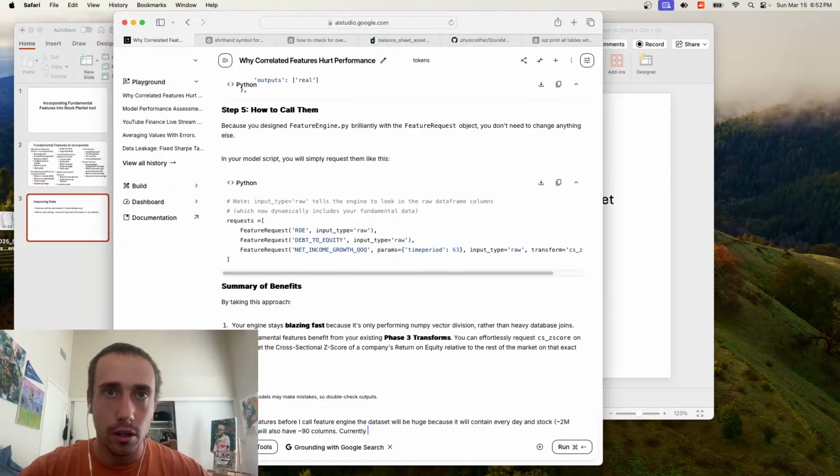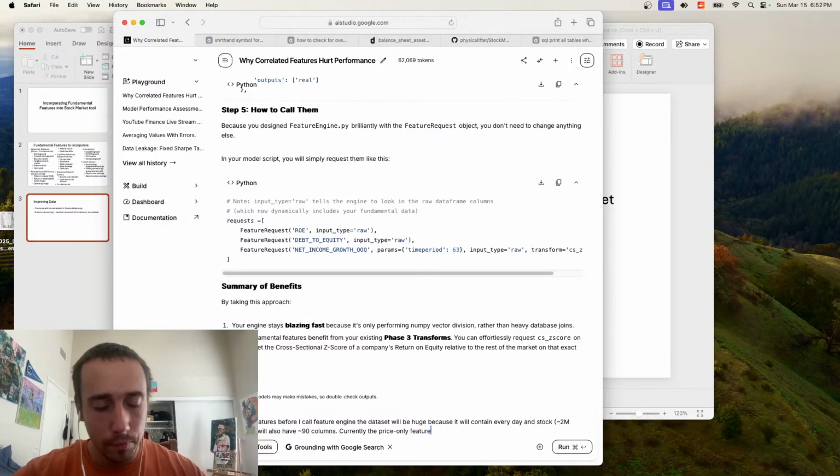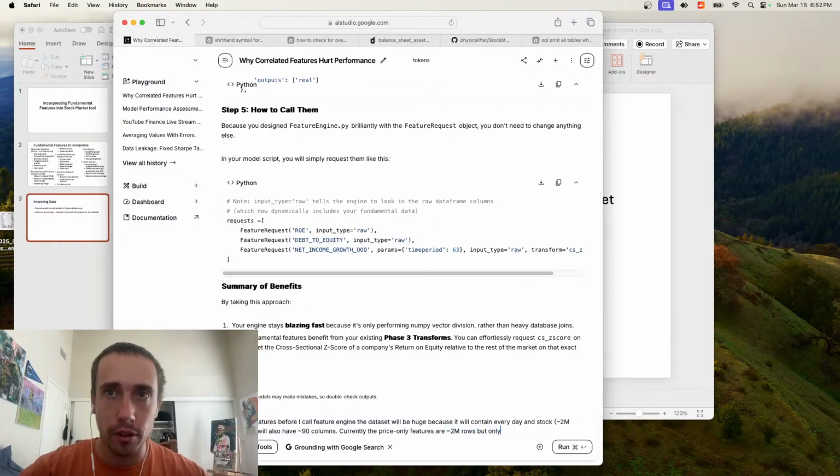Currently, the price only features are about 2 million rows, but only 5 columns.